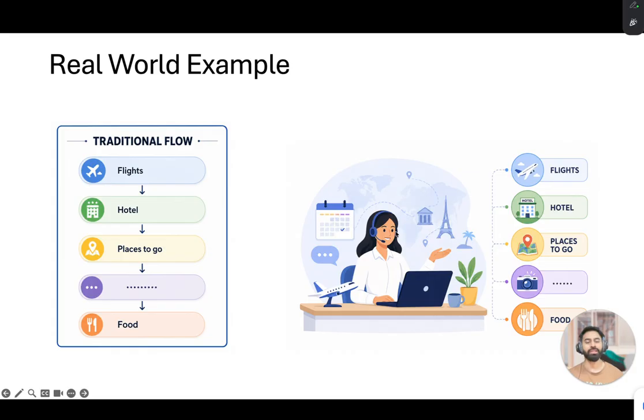Based on that goal, they take the decisions and they take care of the entire end-to-end execution of the planning, and also make decisions along the way, right? And you know what that person is called? That person is called a travel agent.